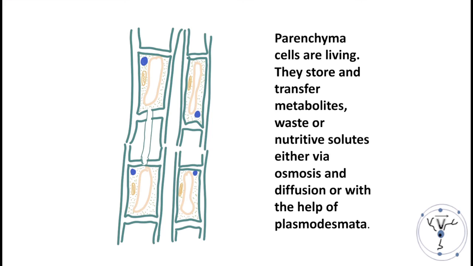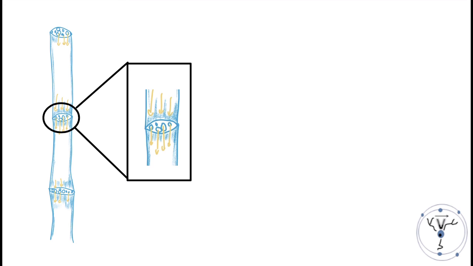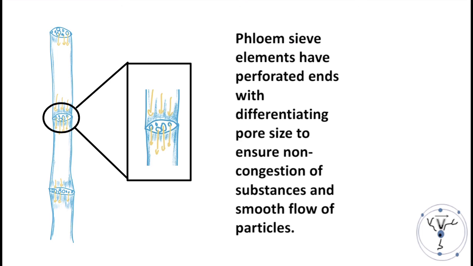Phloem parenchyma performs a similar function just like xylem parenchyma, that is, in case of phloem, storage of food material and transfer of food material seems to be the primary job of parenchyma here. Phloem sieve cells or sieve tubes are very important because they act as sieve to filter out different particles of food substances depending upon their size.